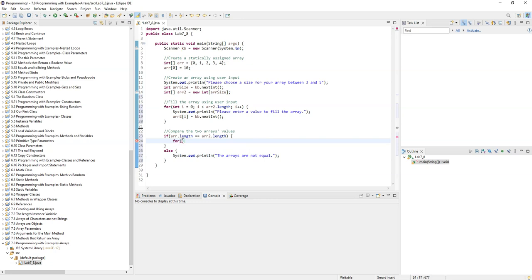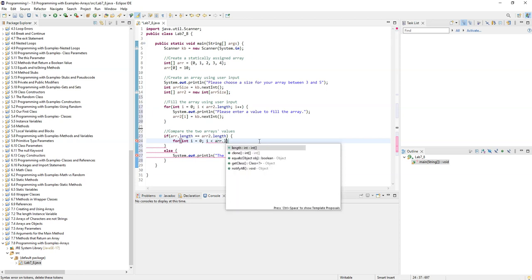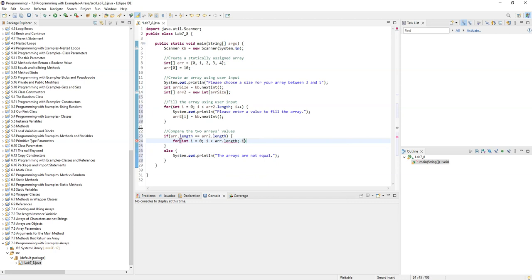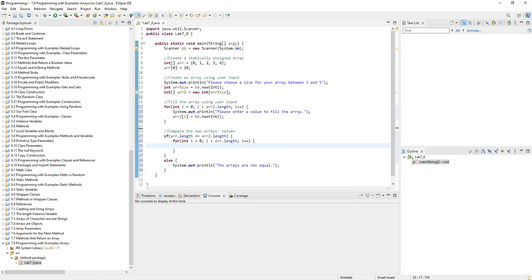So let's compare now, assuming that they are equal. So again, we can use another for loop. So again, int i equals 0; i is less than... And it doesn't matter here which array I pick, because ultimately, if we know these arrays are the same length, this r.length or r2.length will be the same value. So I'll just do i++. And then all we're going to do is compare those integers inside of it. So we're going to say if r of i is equal to r2 of i,